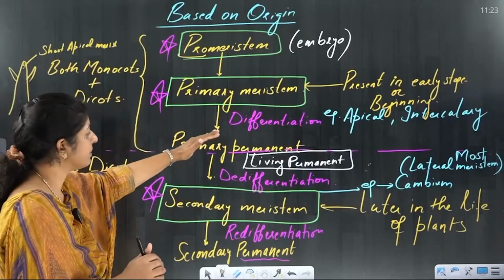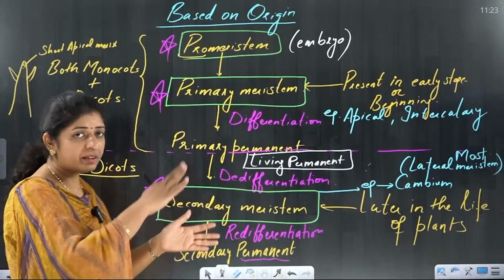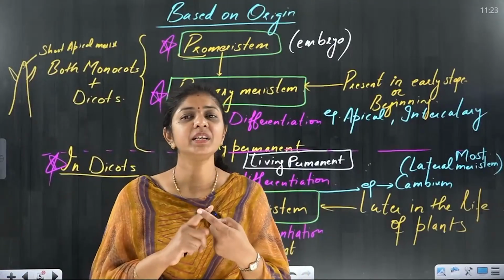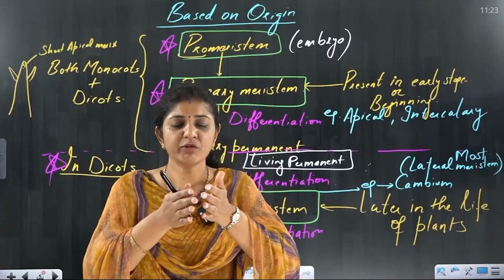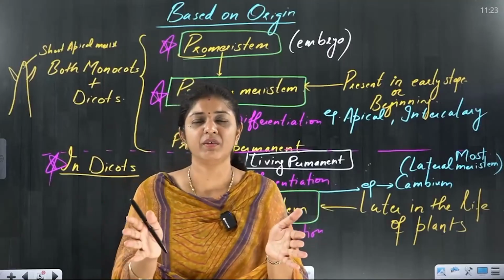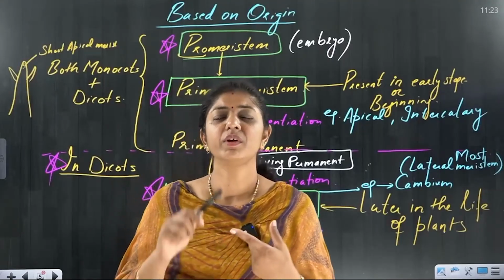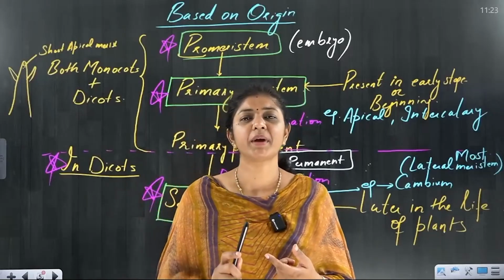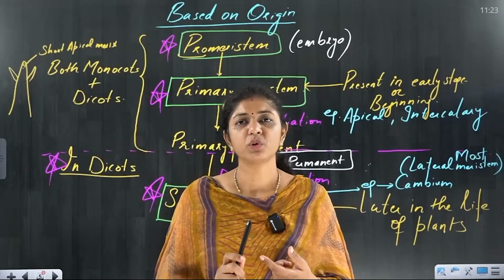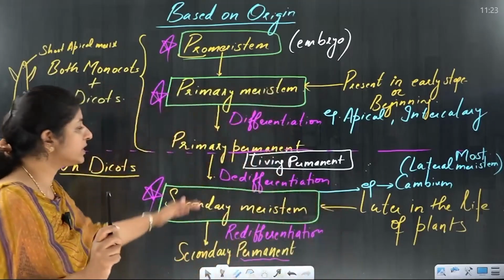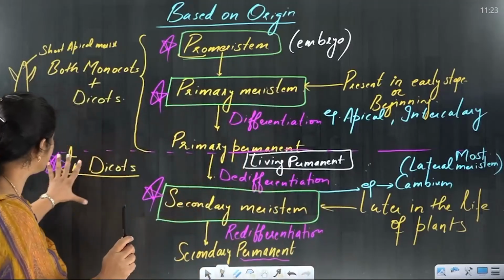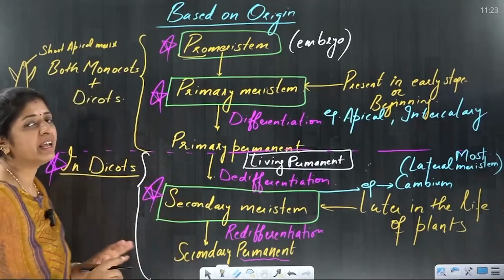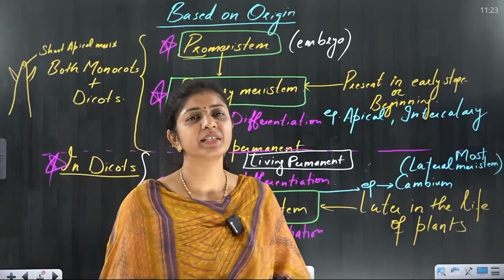But once the primary permanent starts giving another category of meristem, which is secondary meristem, that happens in dicots only, because they have to expand in the width as well, right? Whereas monocots will not expand in the width. Dicot is going to expand in the width, not the monocots. That's why the second half of this flow chart is only happening in case of the dicots, right? So this is happening in dicots. Exceptions are there. We are not after the exceptions right now.